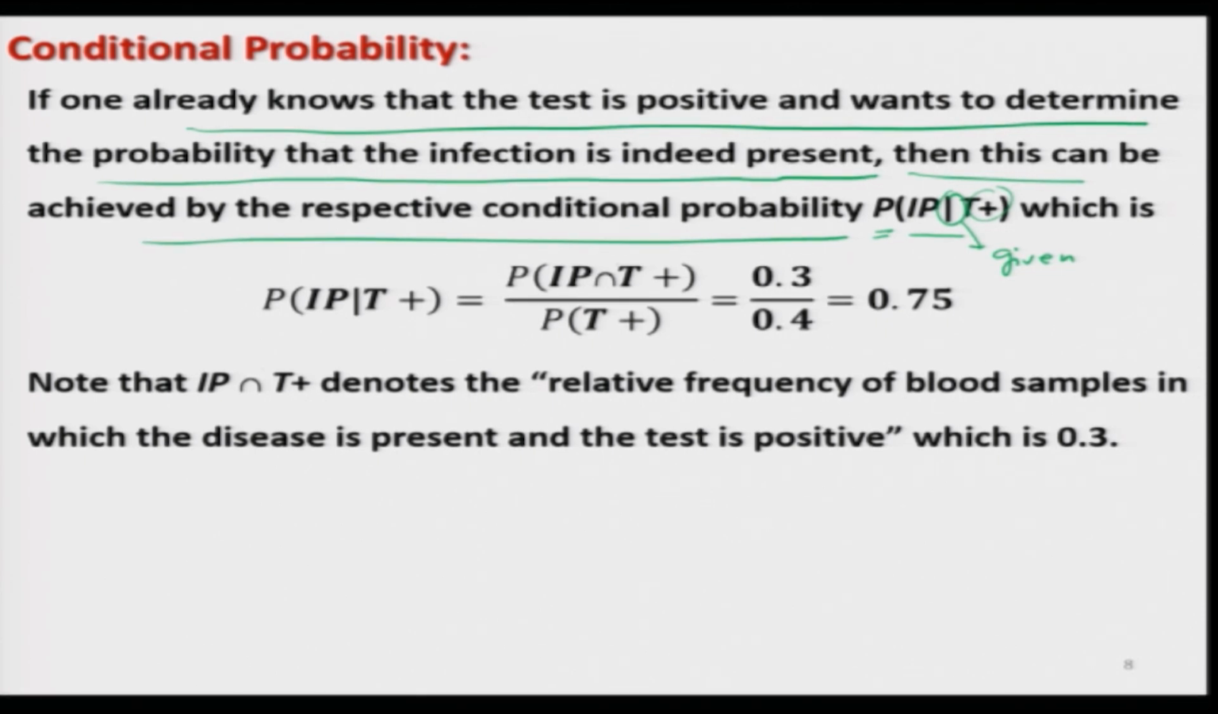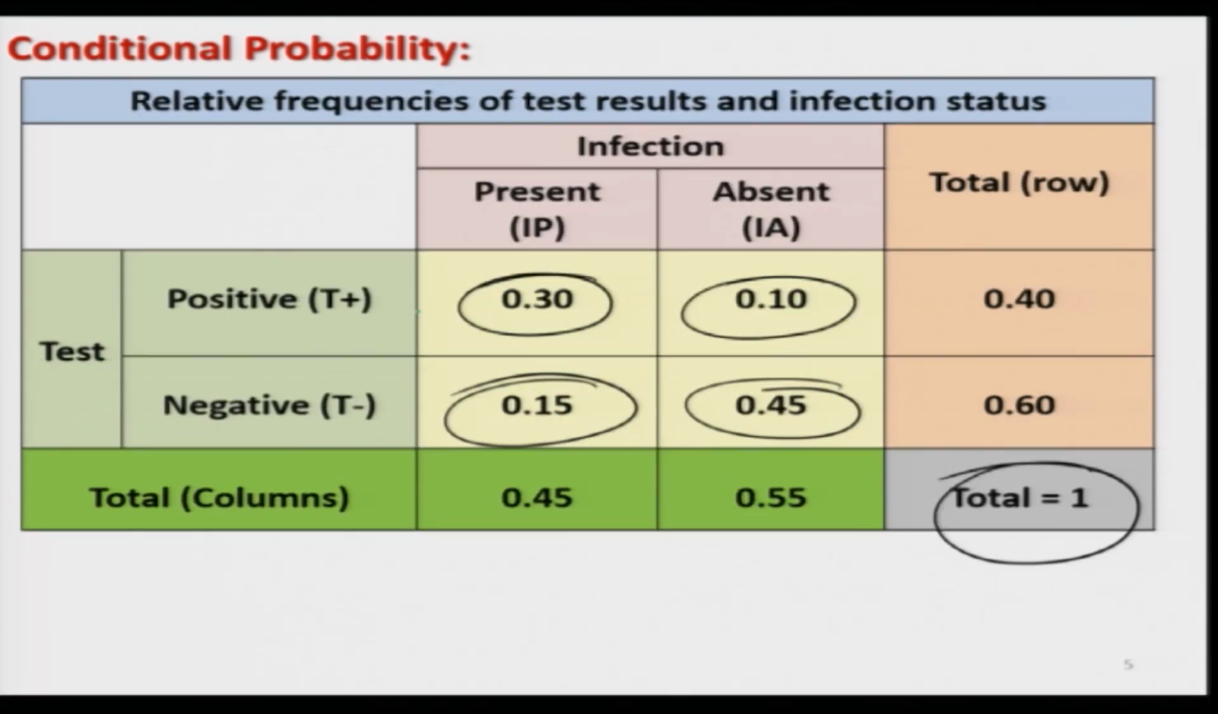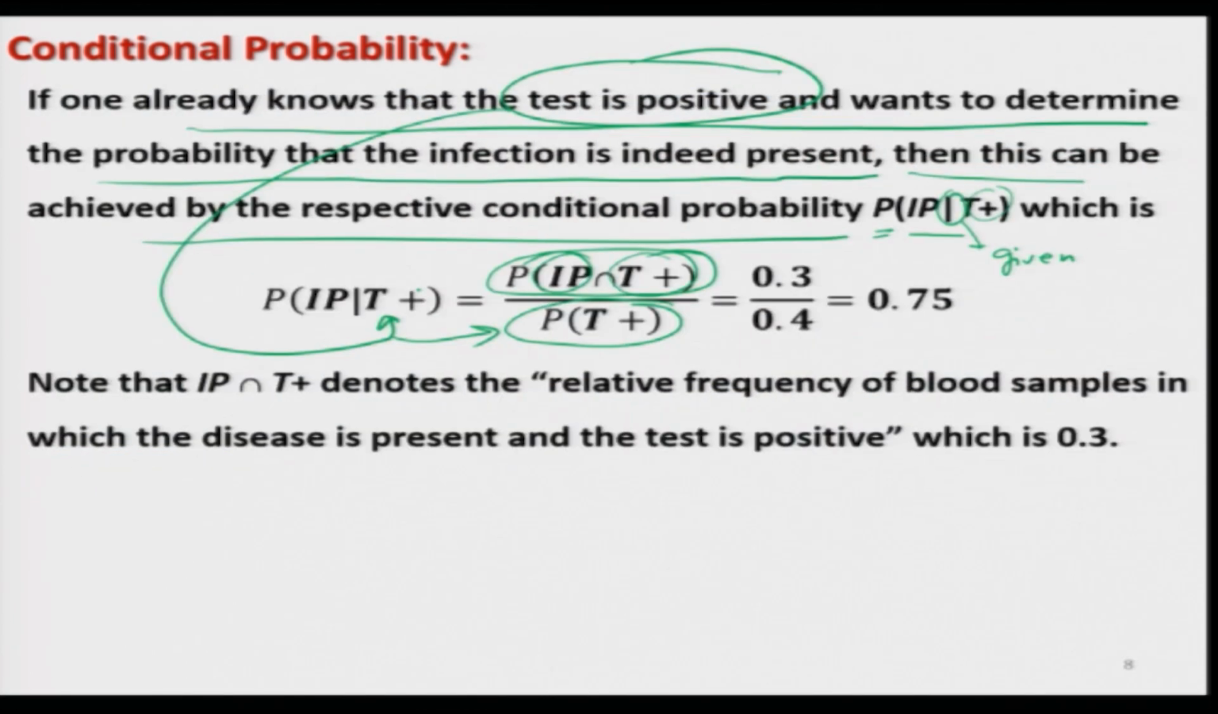So, this is obtained as the ratio of the probability of the intersection of IP and T plus divided by the probability of T plus, because we know that the test is positive. If you try to see here, the test is positive. So, this is indicated here as T positive and it is coming here as a ratio. Right. So, in case you try to see here, the number of people in which the test is positive and the infection is present, both these events are occurring in 30 people, or their relative probability is 0.3. Right. So, this is what we have written here, 0.3,